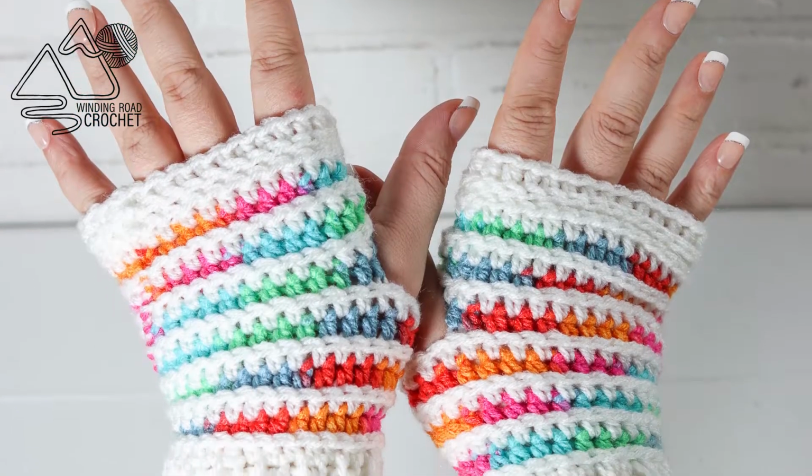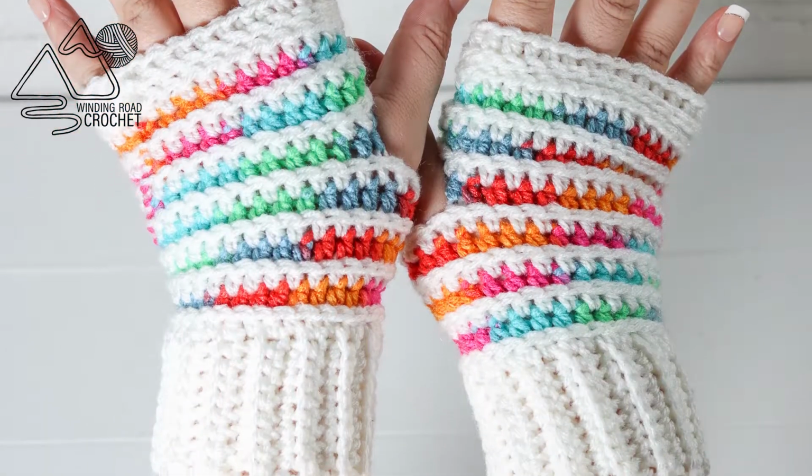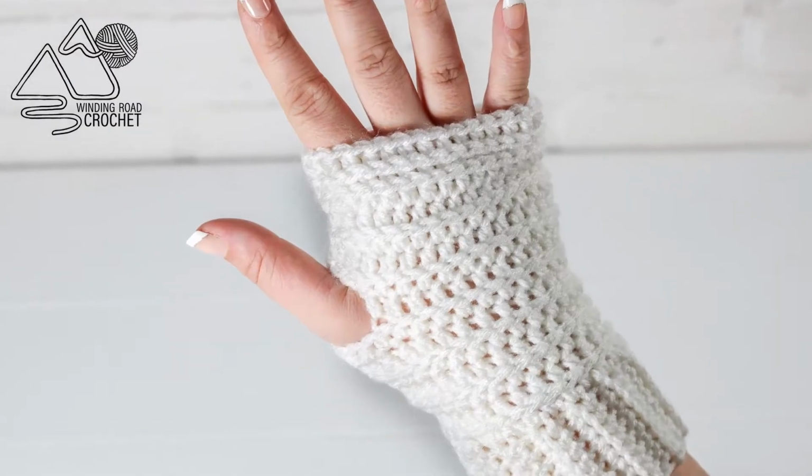Everybody, this is Lindsay from windingrowcrochet.com, and today I'm going to show you how to make these very pretty wrist